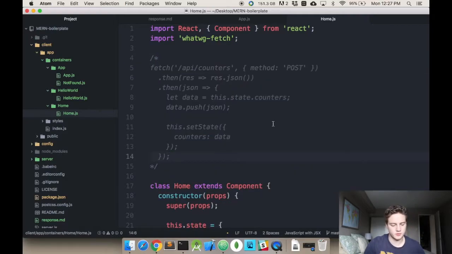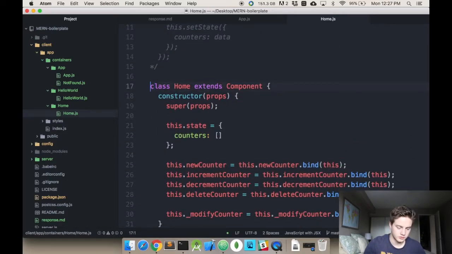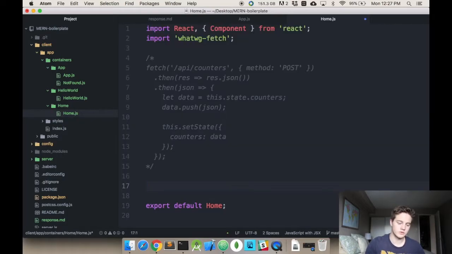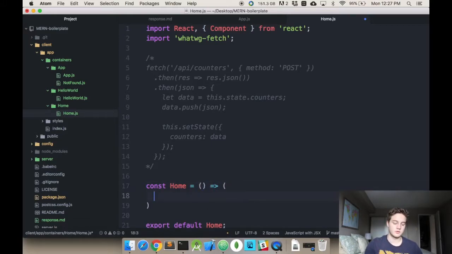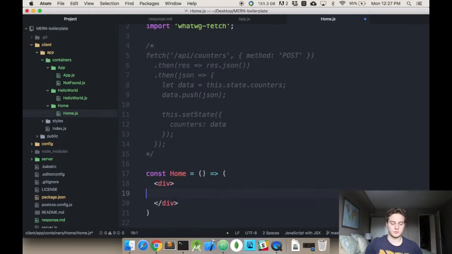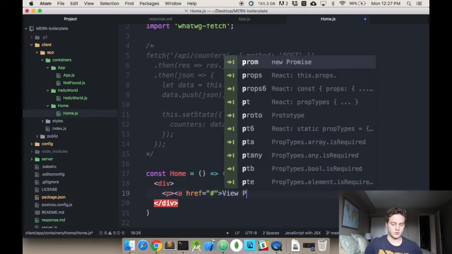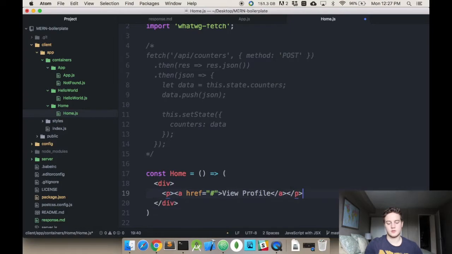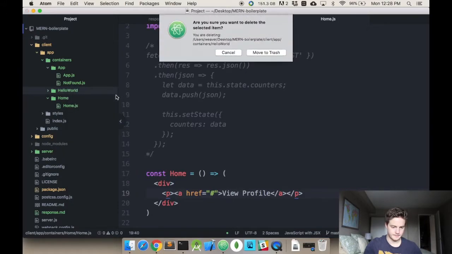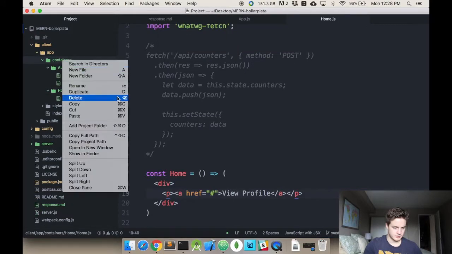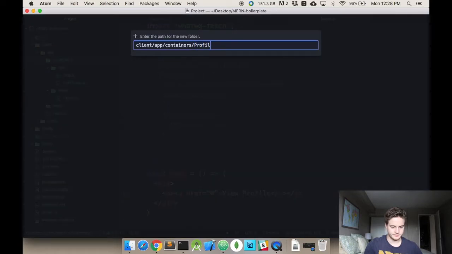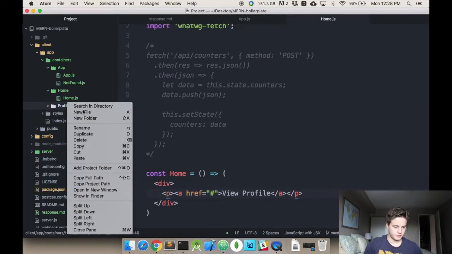Comment set. We're going to write this as a pure function because our home is a little simpler. And we don't need any props or anything like that because in this example our application is fairly simple, and all we're going to have is view profile. I'm just going to do this so that everything sits in a different file. I'm going to delete hello world here, and I'm going to have profile. I'm creating a profile.js,